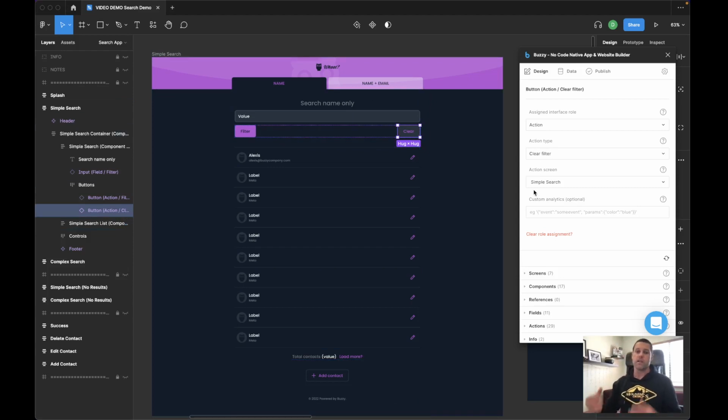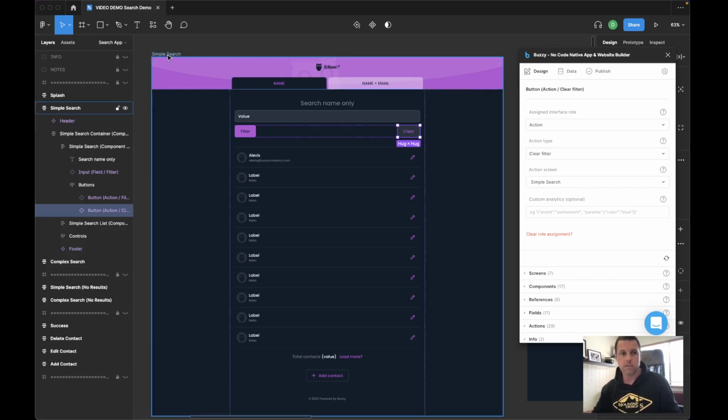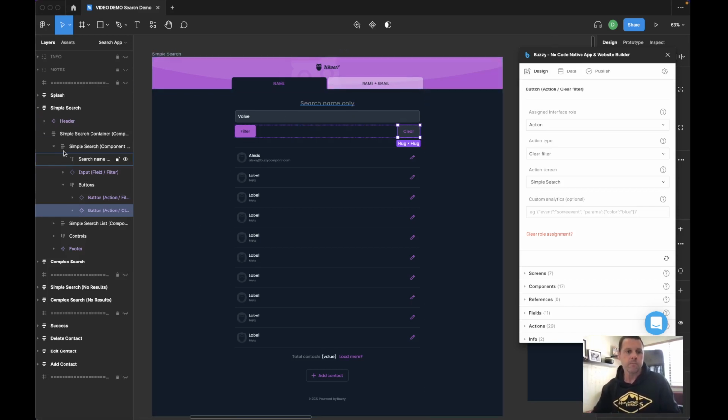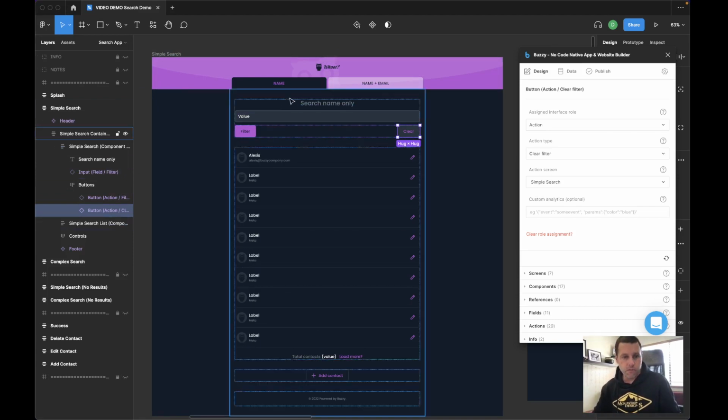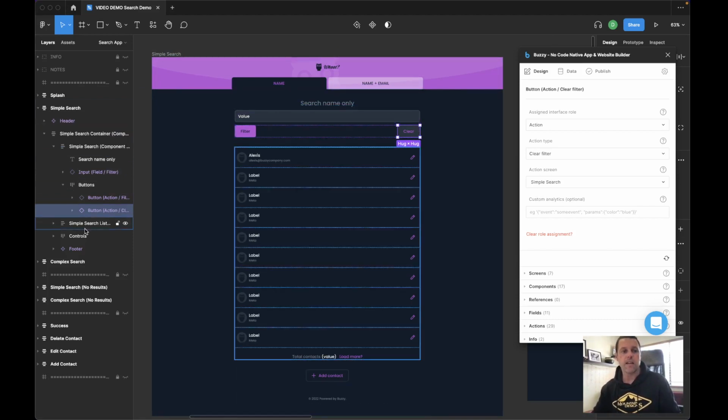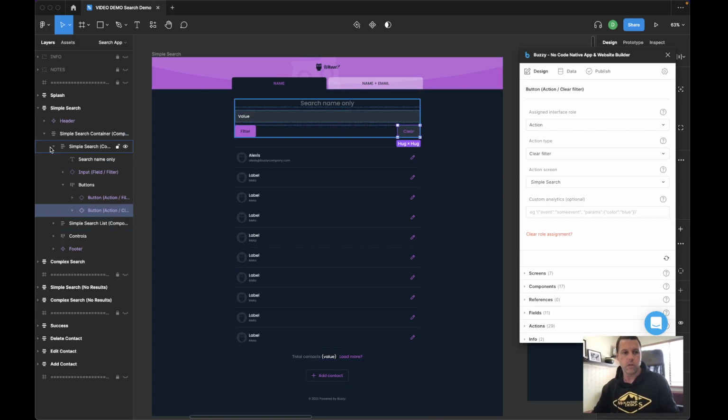So this could be done on a separate screen or in an overlay. In this case, we're just going to point them back at this same screen because we're filtering the menu that's already on the screen. So it's just pointing back at the screen that the form's already on. So that's it. We've set up the filter component, and then to apply that to our view, we'll jump back